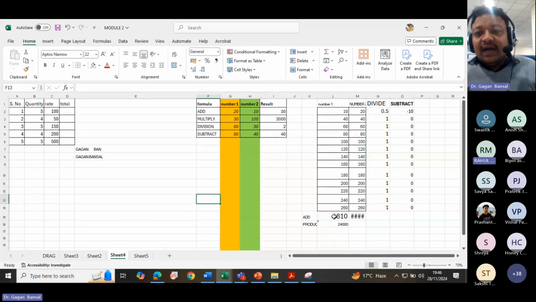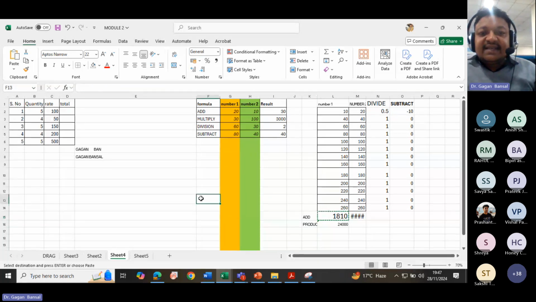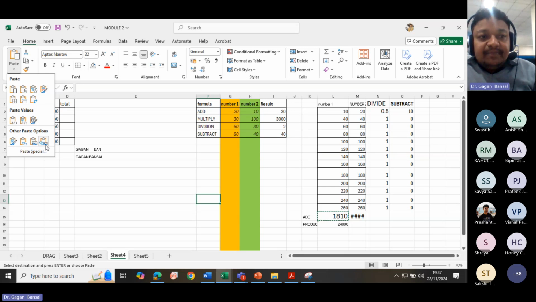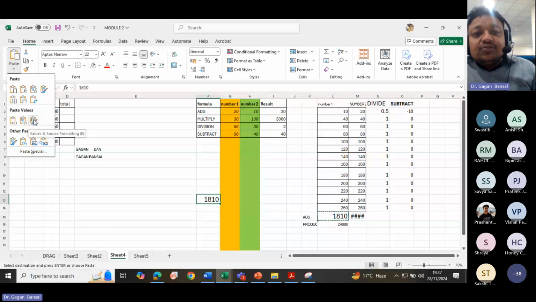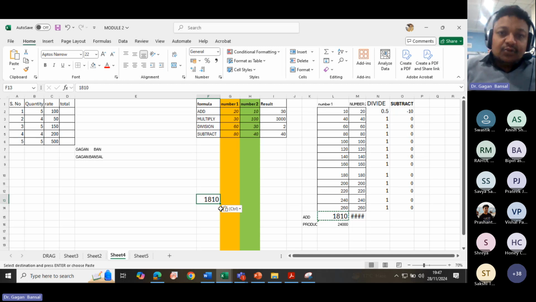लेकिन अगर आप चाहते हैं कि 1810 पेस्ट हो, तो आप जैसे ही एक्सेल में कॉपी करेंगे, आप देखेंगे वहां तो केवल दो ऑप्शंस आ रहे थे, अब देखिए आपको कितने सारे ऑप्शंस आते हैं। ठीक है, वो पूछता है कि केवल पिक्चर की तरह सेव कर दें, एक पिक्चर बना दें, वैल्यूज सोर्स फॉर्मेटिंग के बेसिस पे कर दें, वैल्यू नंबर फॉर्मेटिंग के बेसिस पे लिख दें, या खाली वैल्यूज। तो यहां से जैसे ही मैंने कॉपी किया, यहाँ पेस्ट किया, तो ये 1810 सीधा वर्ड हो गया, इसमें ना फॉर्मूला ना कुछ भी।